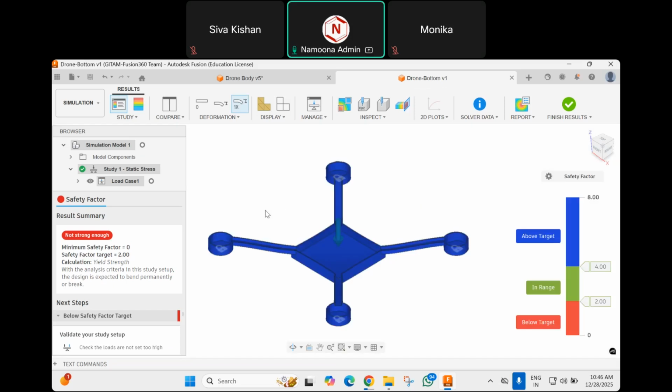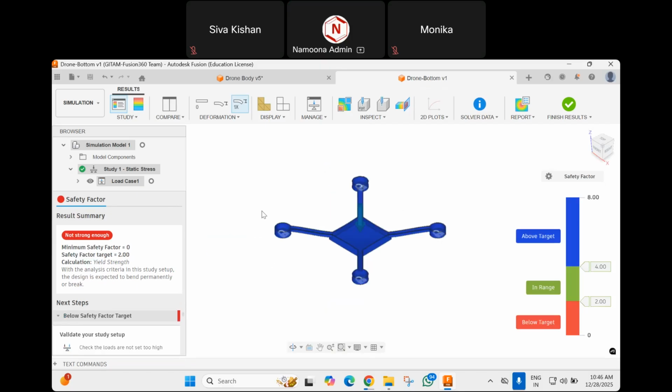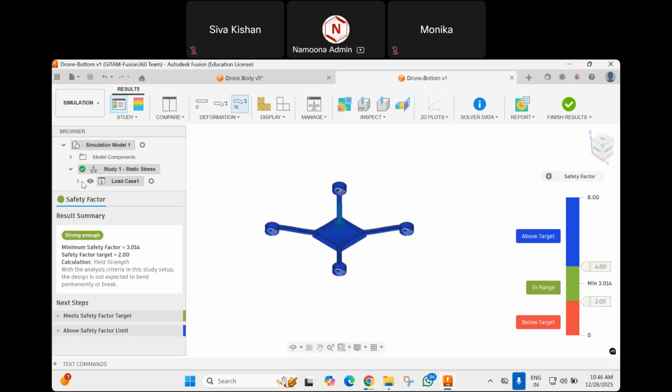And you can see the results. So the first thing is to expand the load case. And what I will do is I will simply select